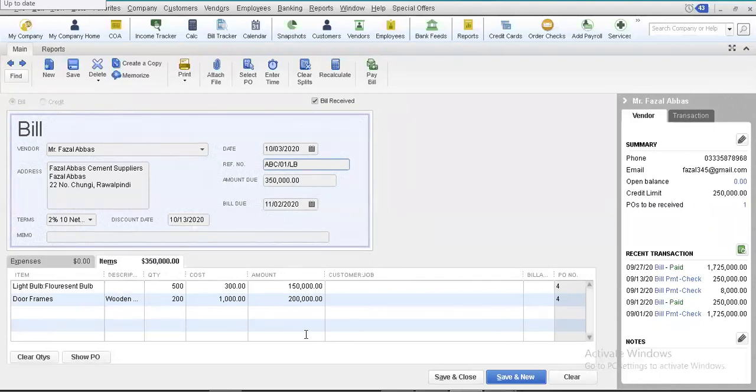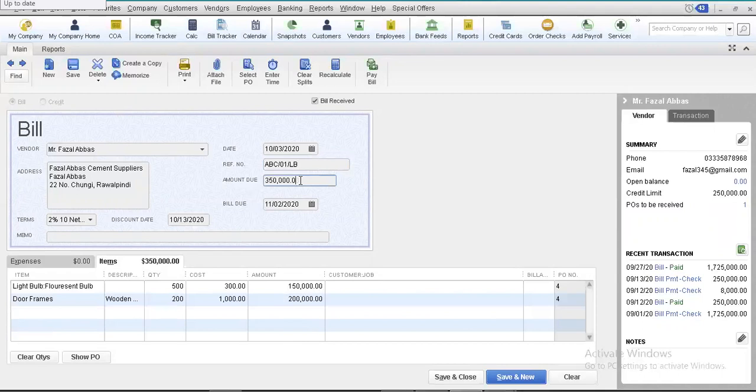Sometimes, my dear friends, it is possible that at the time we actually make the purchase order, the price is something else, but due to inflation or some other reason, the time at which these goods are received, or the time when our customer bills us, the price of those goods might be different. Let's suppose that instead of 350,000, the invoice is basically of 400,000.